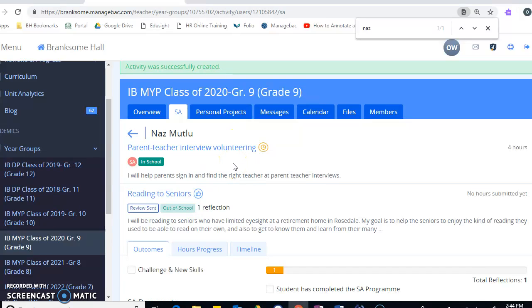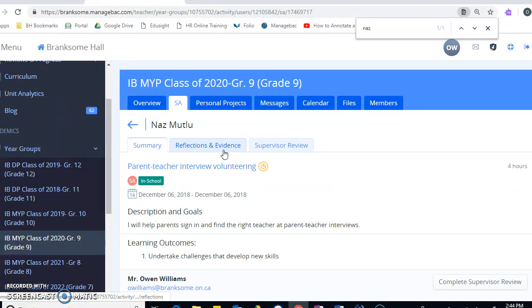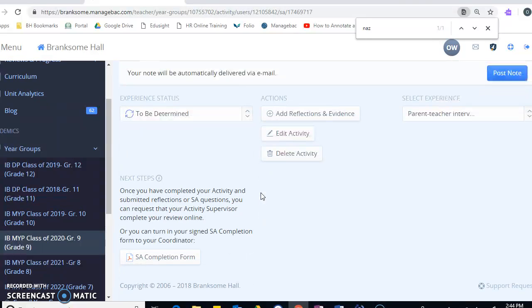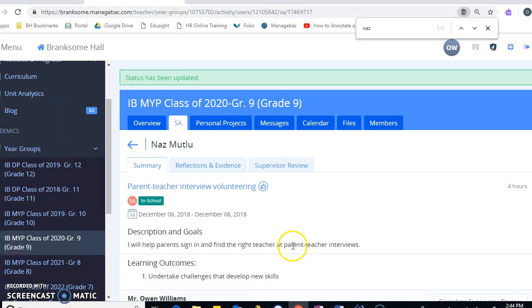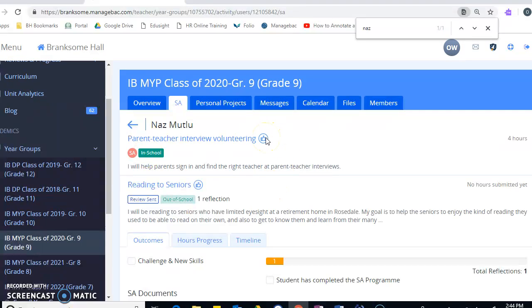That's step one. Now, you need to see these little icons and learn what they do. So the yellow clock means waiting for advisor approval. The blue thumbs up means the advisor has approved it. So after you've entered something, your advisor actually needs to go into it and approve it. If I were you, I can do it for anyone, and so can your advisor. They will click on this. Students don't need to know how to do that. They need to know that to get the blue thumbs up, the advisor has to go in and approve it. Once that is done,